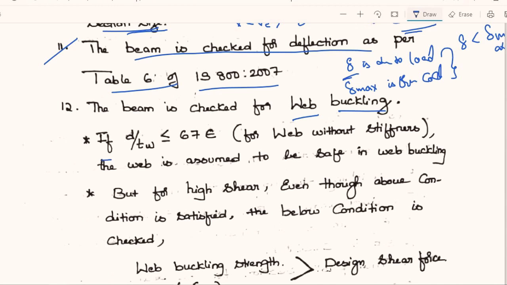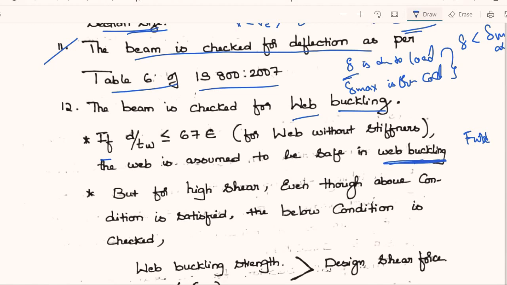See here, if D by TW is less than 67 epsilon for web without stiffeners, the web is assumed to be safe in web buckling. If D by TW is less than or equal to 67 epsilon for web without stiffener, that is, without using a stiffener, then the web is safe against web buckling. So FWB is greater. But for high shear,